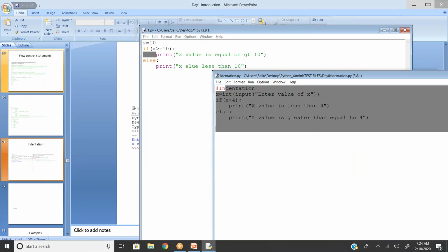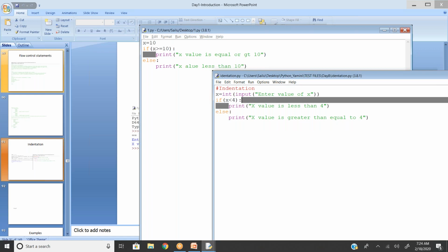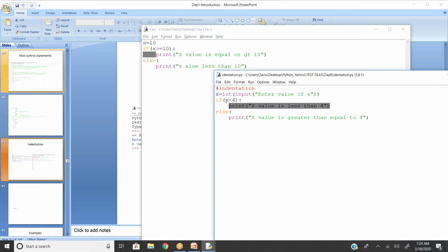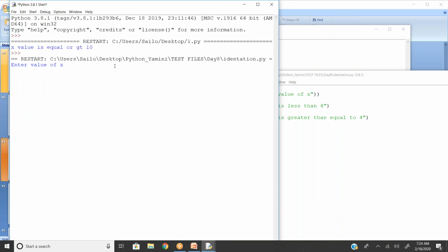So the same syntax, and I'm ensuring that this block is going to be executed only when the true condition is satisfied, and this block has to be executed only when the false condition is satisfied, nothing but the else statement. That is the reason the spaces are available. Now enter some number, 100. The system is going to return whether it's greater than 4 or less than 4. Something like this. Okay.